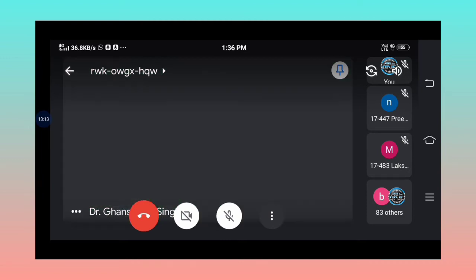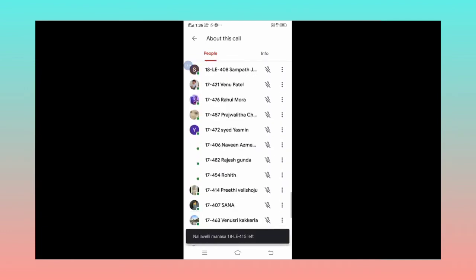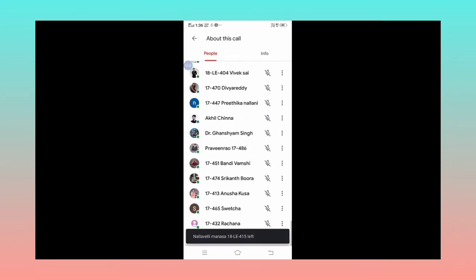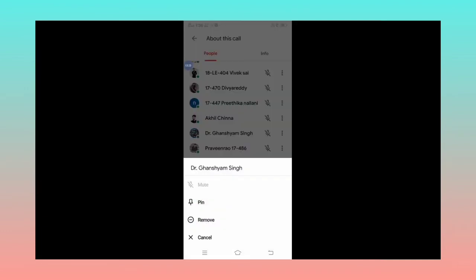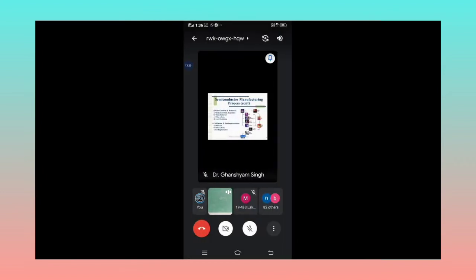Float zone crystal growth method. This is an alternative technique which can be used for refining or single crystal growth. In this you can see three major components of the manufacturing stage: the silicon crystal at the bottom, the RF coil as the central part of this device, and the polysilicon ingot at the top.